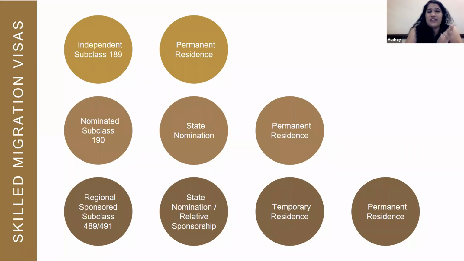A work visa or a temporary graduate visa does not give you an automatic route to a PR. You still need to apply brand new again. But this has a direct conversion to a PR, provided you fulfill 2 conditions. It's a 5-year visa, and in the 5 years, you will need to make sure that you live for 3 years and work for 3 years in a regional area in Australia.